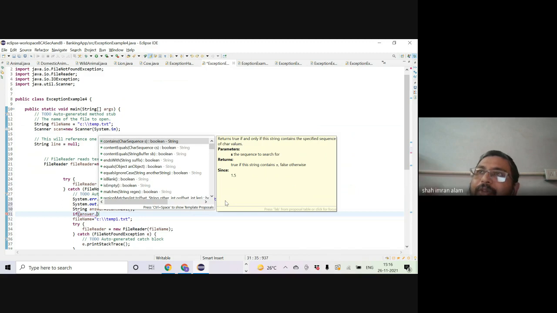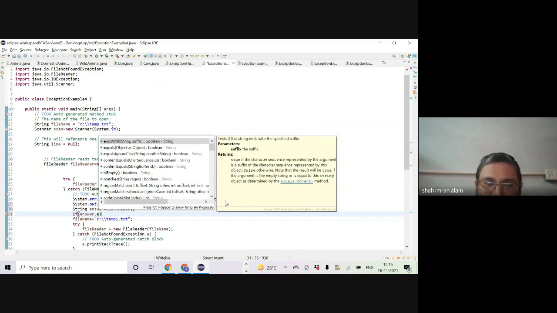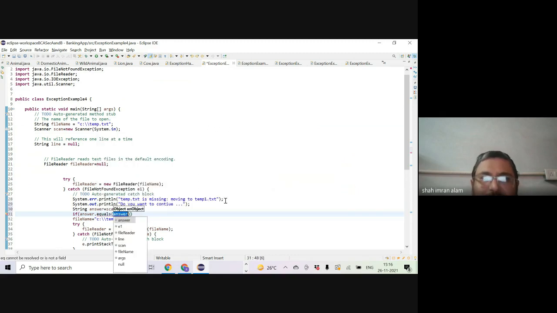In case of primitive, we use double equal to check for the equality. Here we will use the equals method. There is an equals method. Equals. Okay? Yes. Then proceed. Okay.